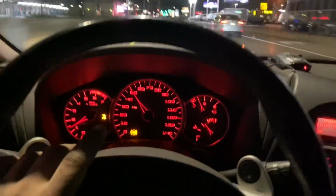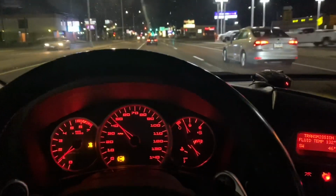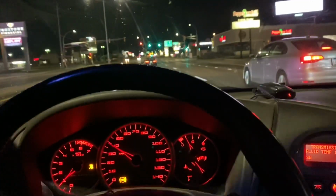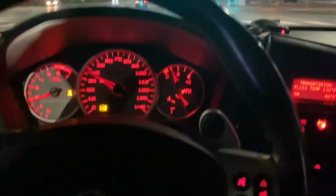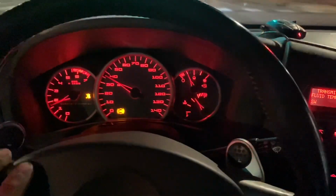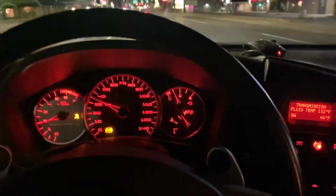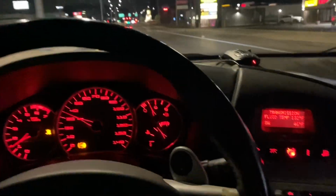And this one has a transmission that has some sort of issue going on where it shifts very slow, and it shifts slow and funky sometimes. So this transmission is definitely on its last leg, which I actually just ordered a transmission for it. Unfortunately, but fortunately, it comes with a warranty. It's from